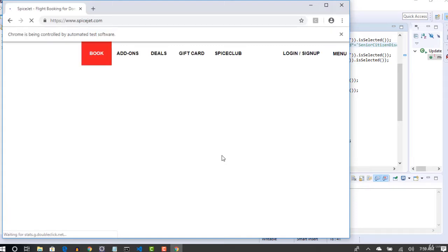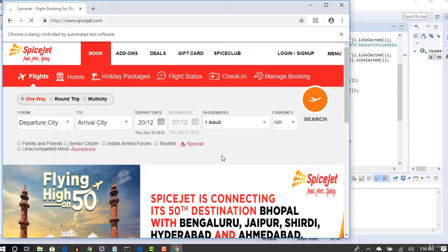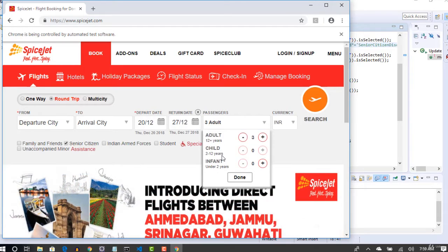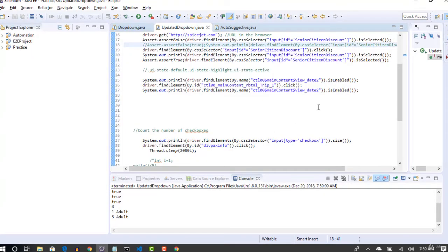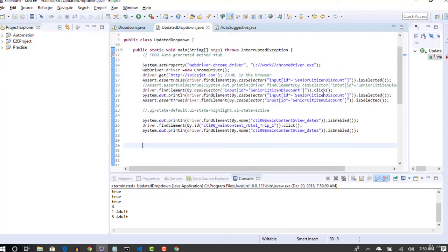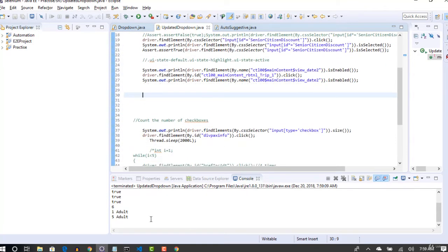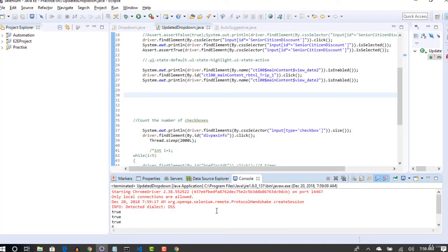Do not worry even if it doesn't work, because we have many alternatives in Selenium to make something work. Okay, it selected the round trip radio button, and we are doing some drop down work which we have seen in our earlier lecture. Let's come back and you see that there is no false here, all are true.